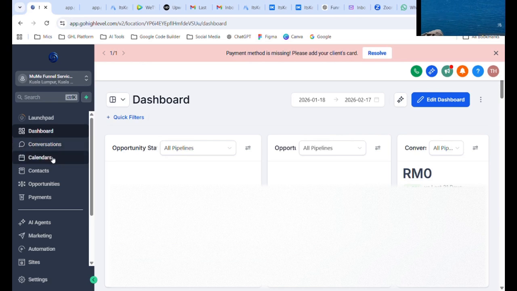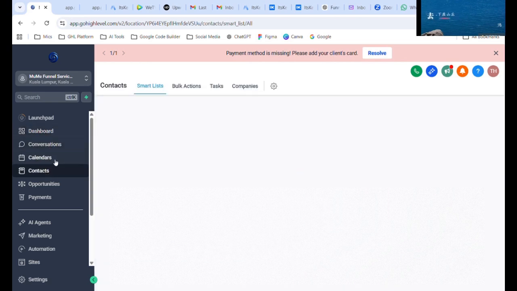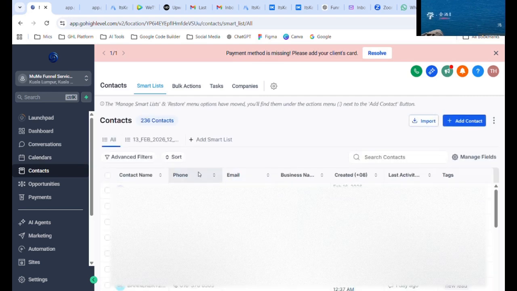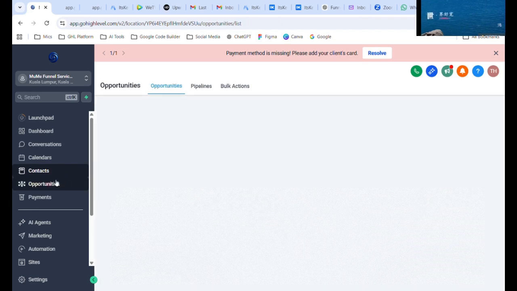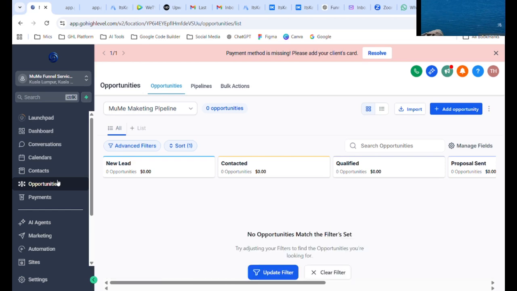We have the calendar here, one of the features to capture leads, and we have the contacts here. Contacts is a CRM. Under contacts, you can import your contact list from a CSV file with the name, company, phone, email, business nature and everything. Opportunities is something similar. Say a contact is from Facebook, so you capture the list. This one is considered a new lead. It hasn't yet converted to your